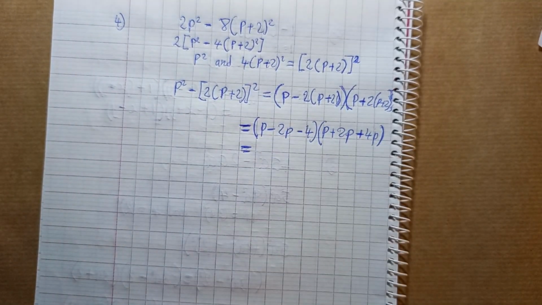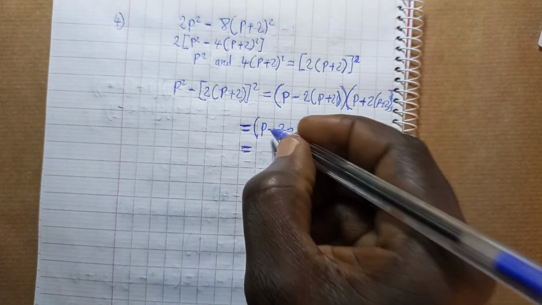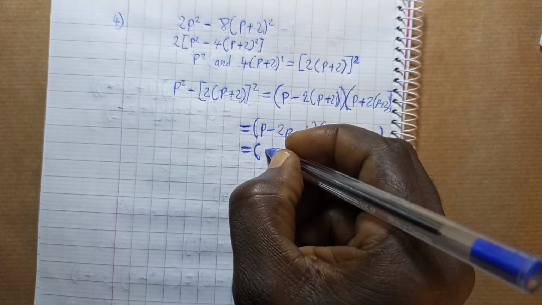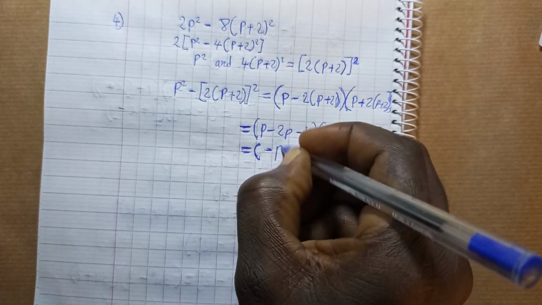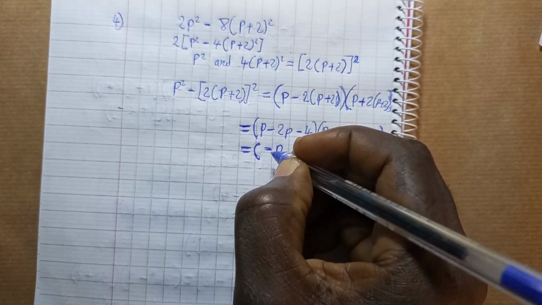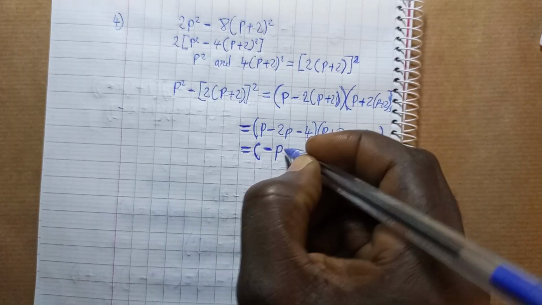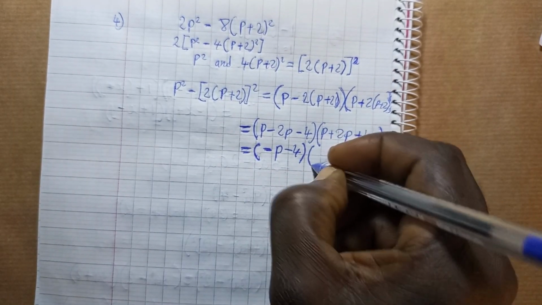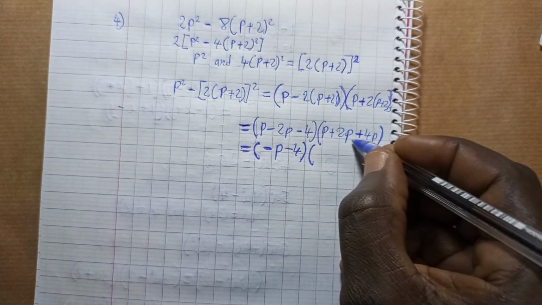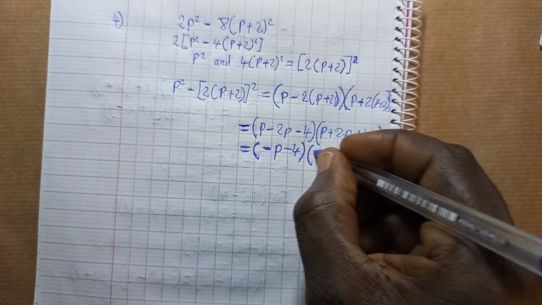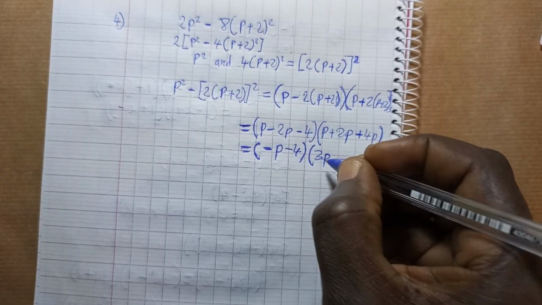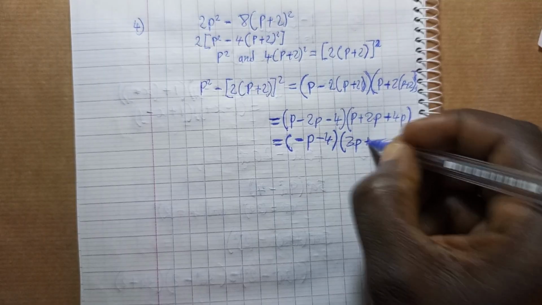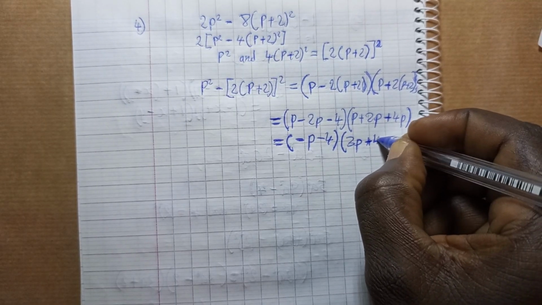So come down again, p minus 2p, that is minus p, minus 2p, that is minus p minus 4, and then open bracket. The other one, p plus 2p, that is 3p, 3p plus 4,